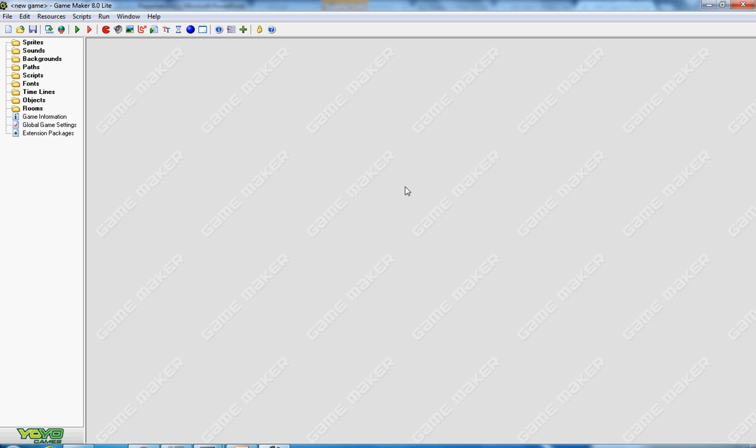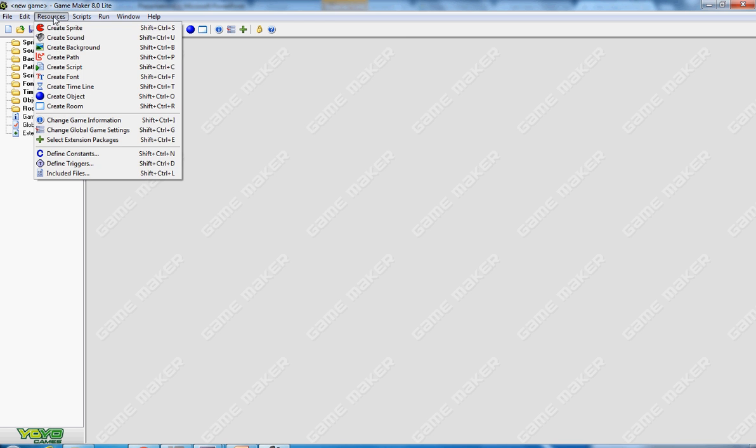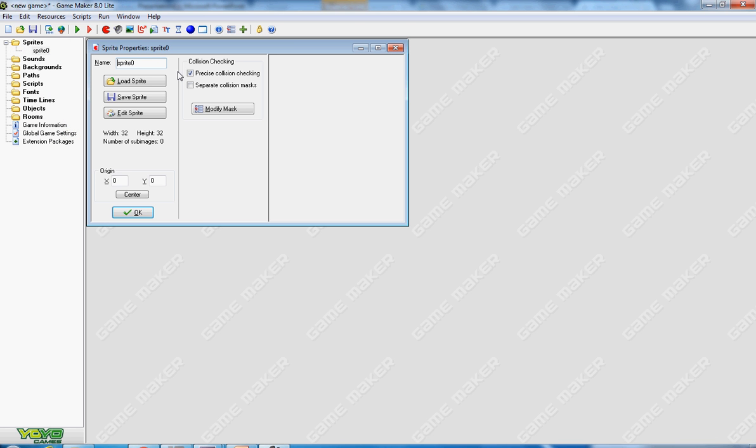Now, in video games, images that you use in the game are called sprites. So I now need to put in a sprite image to use. Now you see later on that there's a separation between sprites and objects, and you'll see later on why that separation is made. But to start with, we just want to put the pictures in. So resources, create a sprite. In other words, make an image that can be used in the game. And the name of this, well, I'm going to call this, for reasons you'll see in a second, Pac-Man